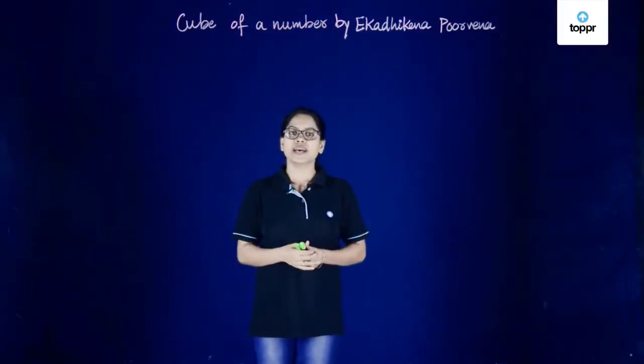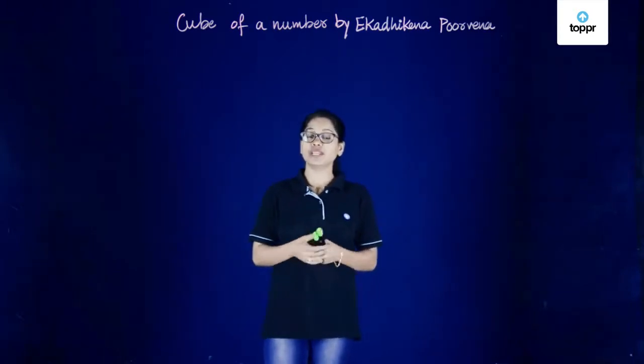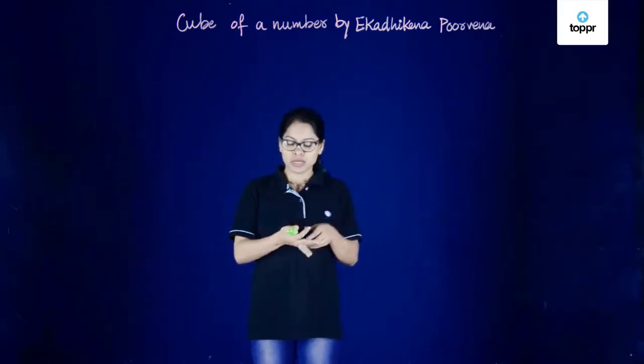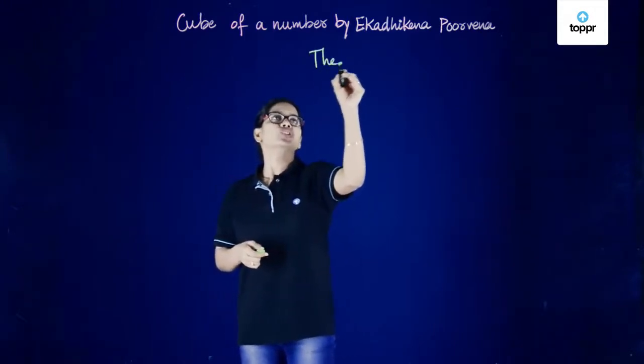Hello students, in today's class we will learn how to find the cube of a number by Ekadhikena Purvena. Now this sutra, Ekadhikena Purvena, gives us a formula to find the cube of a number in a much easier way. In this formula there are 4 steps to the multiplication, which is carried out in 4 different columns. The 4 stages, the 4 parts of the multiplication, are,